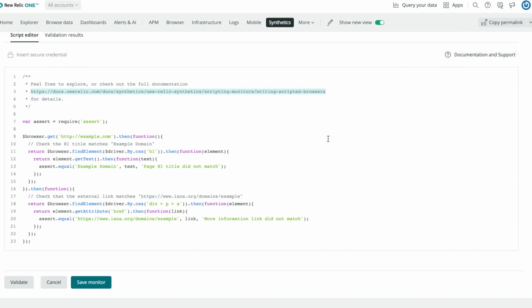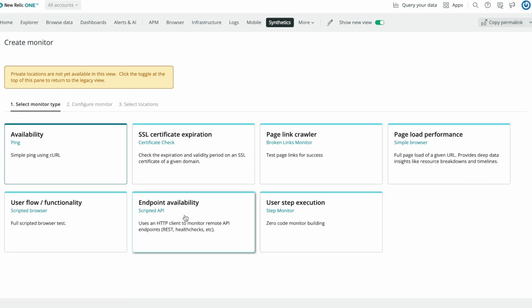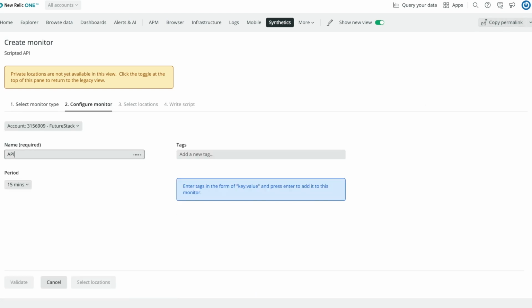And the documentation for all this is available at this highlighted link and also in product here. You see that we use the browser object to fetch and click elements and find elements and so on. And, that's it.